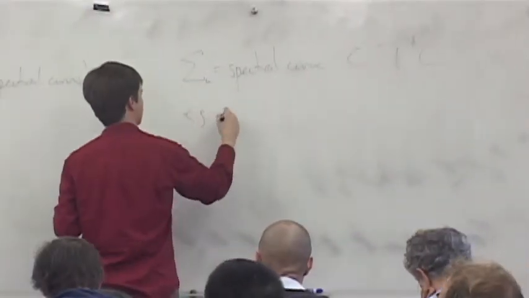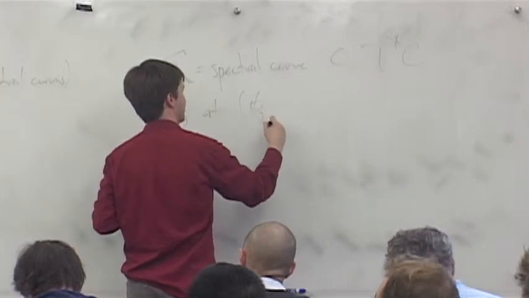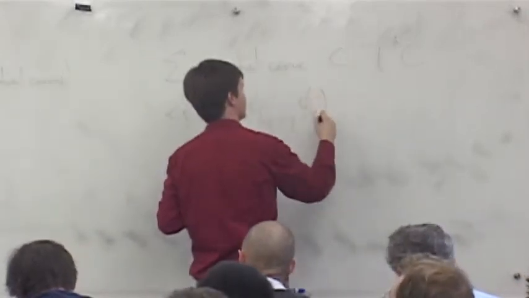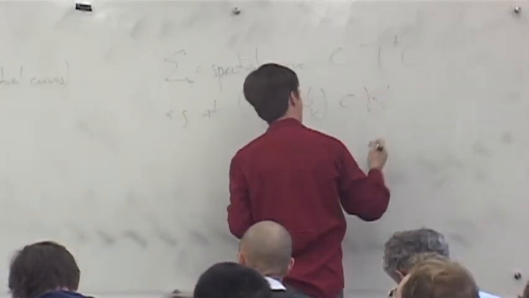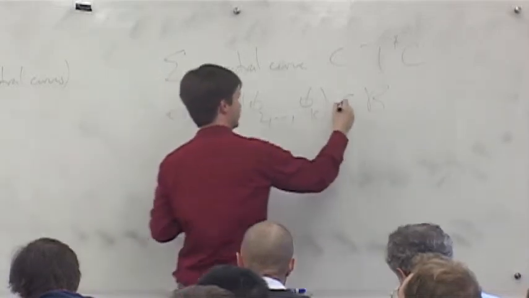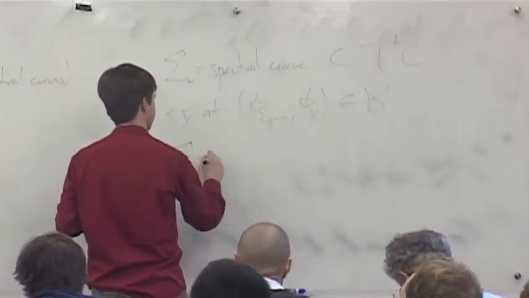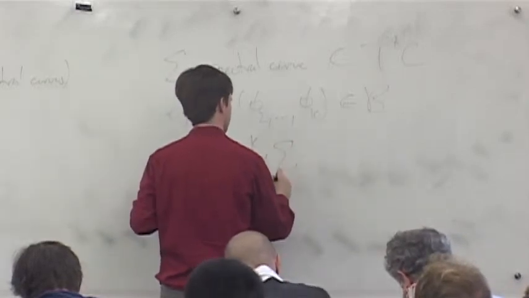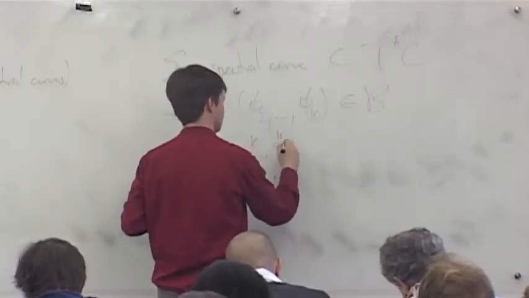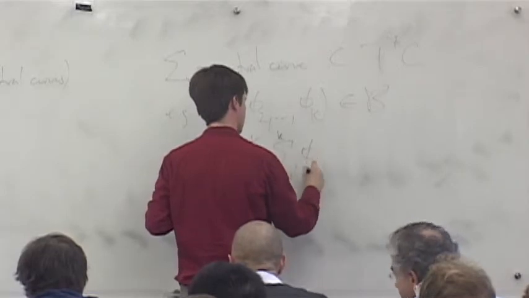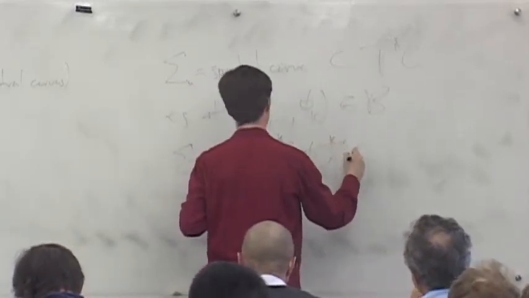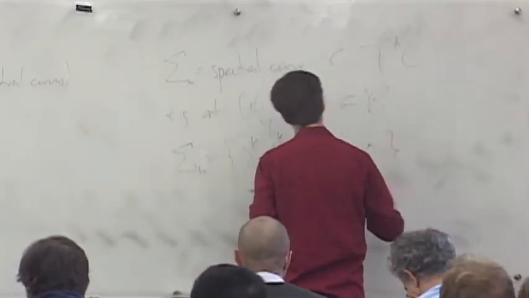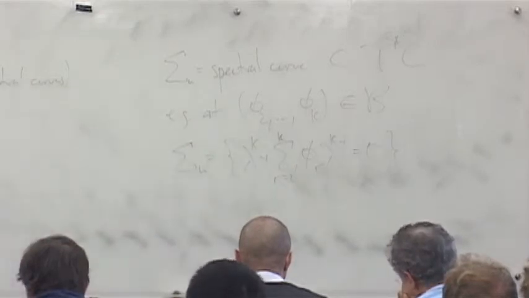So for example, if we're in the A_k case again, at the point phi_2 up to phi_k in the Hitchin base, the spectral curve is given by the equation lambda^k plus the sum from r = 2 to k of phi_r lambda^(k-r) equals 0. Okay,